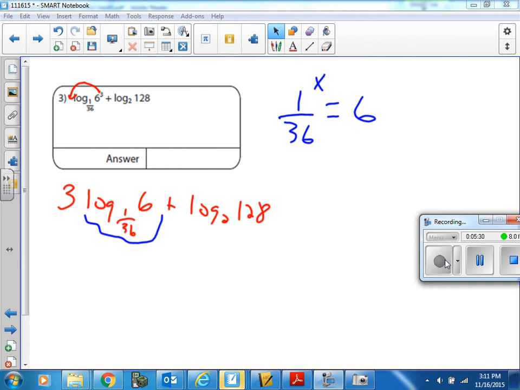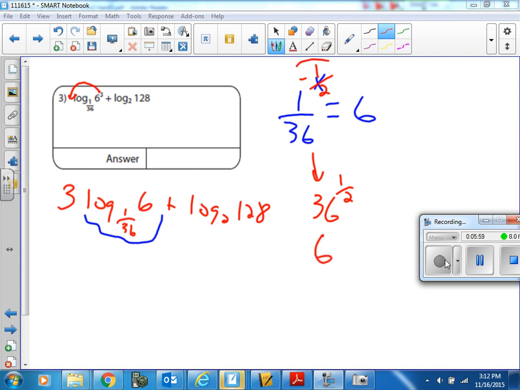And in this case, if we take negative 1/2, if you remember, when you have a negative exponent, you take the reciprocal of your number and make that exponent positive. So this is the same as 36 to the positive 1/2. Now 36 to the positive 1/2, that's the same as the square root of 36. So that is equal to 6. So actually our answer is negative 1/2. When I evaluate log, this one I'm about to circle here, when I evaluate this,